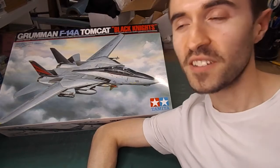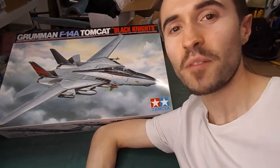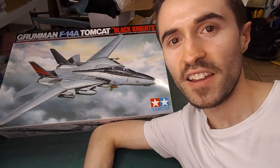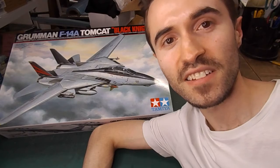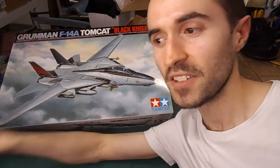Okay, so in conclusion, another good offering from Tamiya. It may have some of its challenges, like for instance the canopy seam, and you may come across some minor flash here and there. But other than that, I highly recommend it. It is a big kit, so if you have the space or you feel the need,